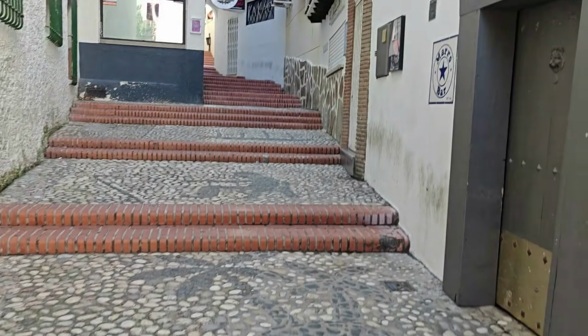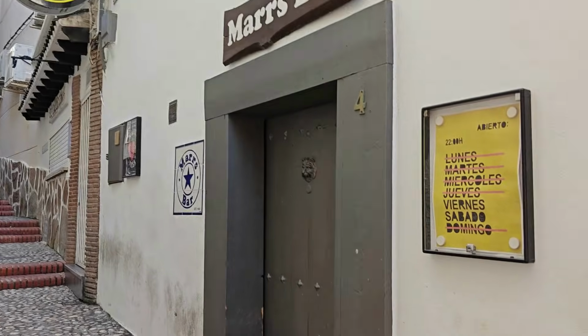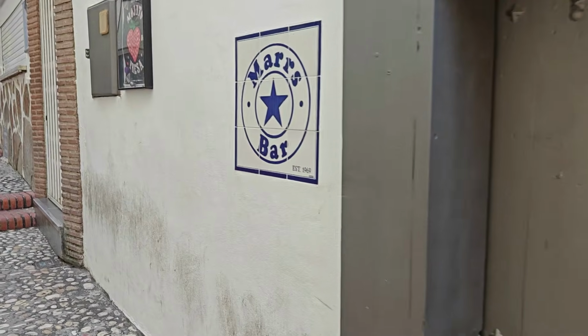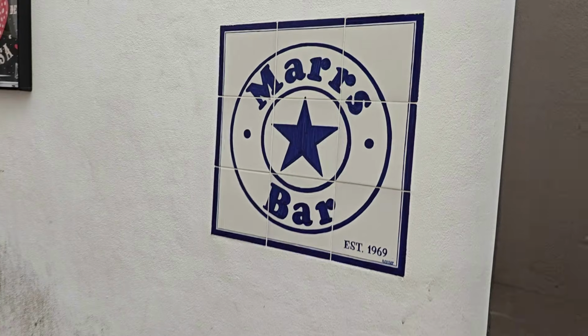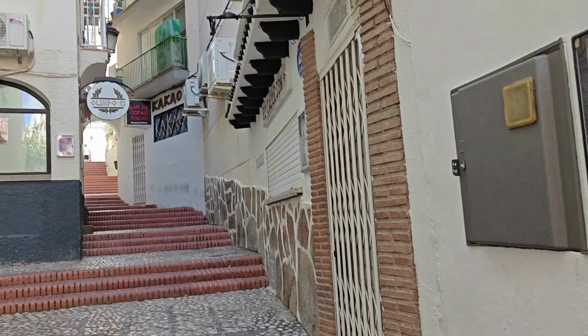which stretches between this street and the next, as most of these bars do, currently opens Fridays and Saturdays from 10 p.m. to 3:30 a.m. and then every night in the summer season. Specialising in cocktails and a huge variety of shots, their interior is very traditional with wooden beam ceilings and a